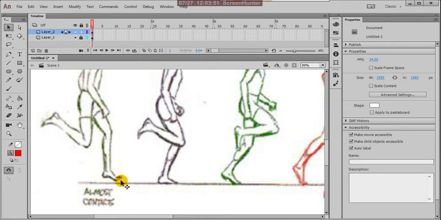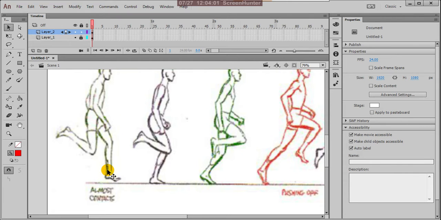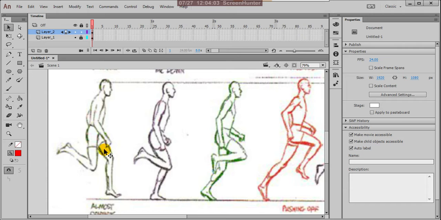It is not contacting exactly on the ground, it is about to contact, a bit in air. The right leg is back and the right hand is in front; the left leg is in front and the left hand in back, so they must be opposite.